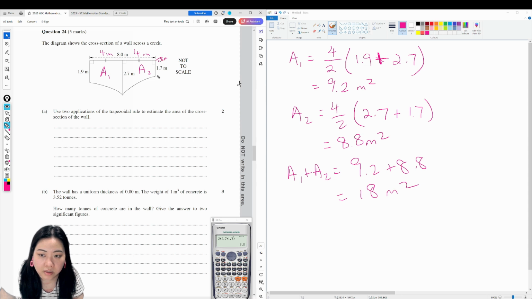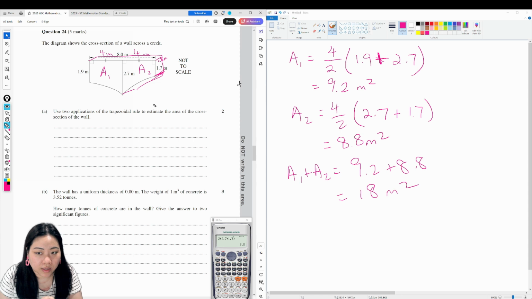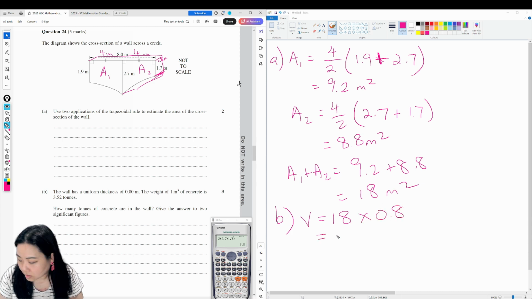There you go, 0.8. So imagine this wall has a thickness, that's not a very good drawing, but just picture that it's 0.8 meters thick. Let's find the volume of this wall first. So this is for A. Now we're on to B. The volume of the wall is going to be 18 square meters times 0.8,